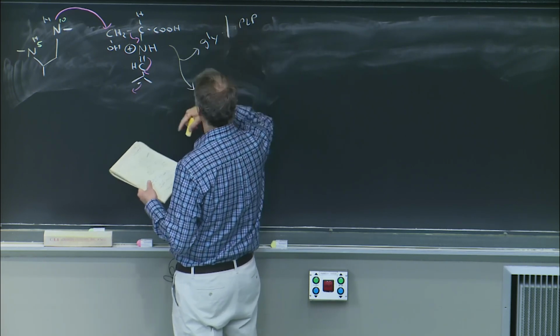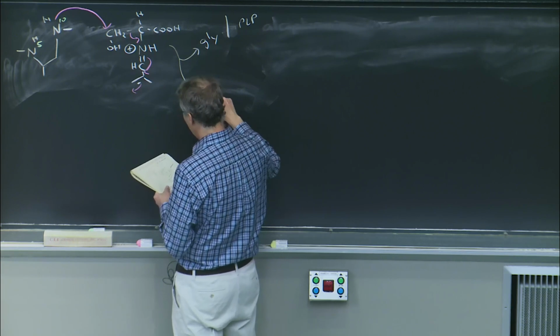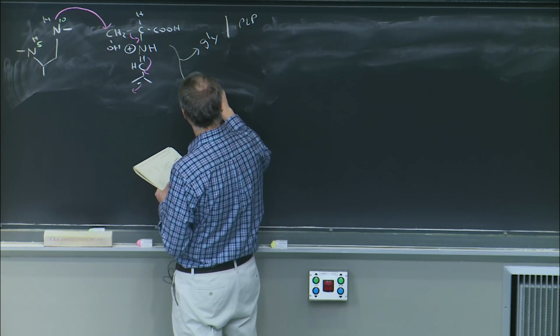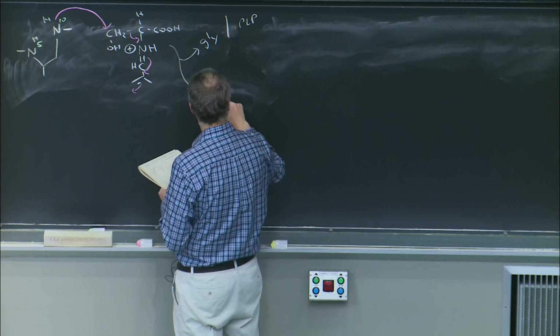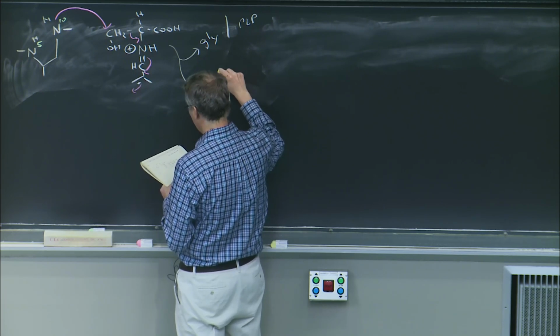So glycine and PLP can be generated from that. And what ends up here on the folate is